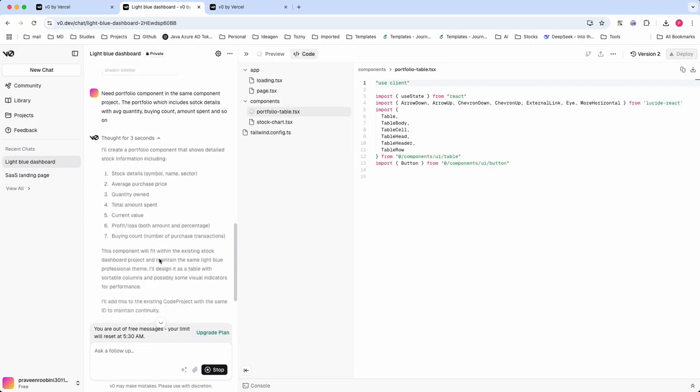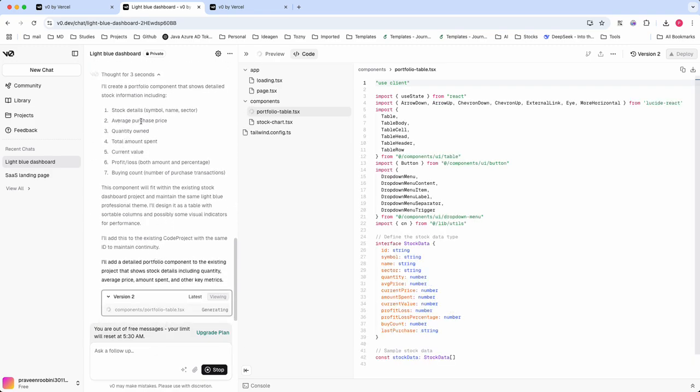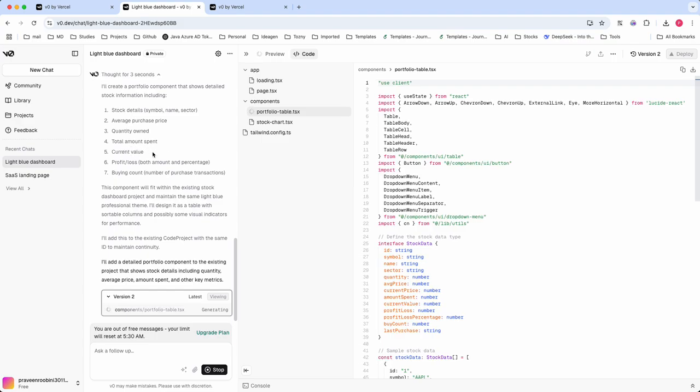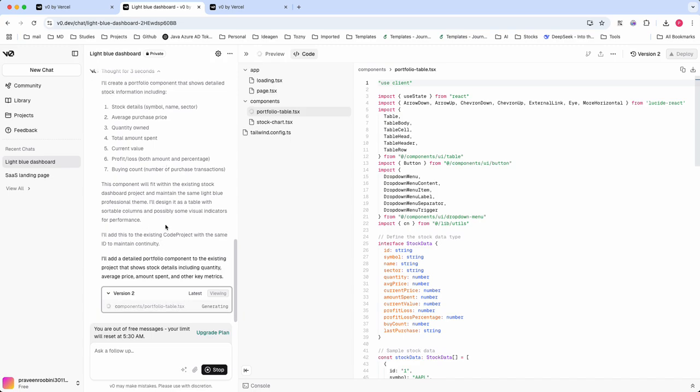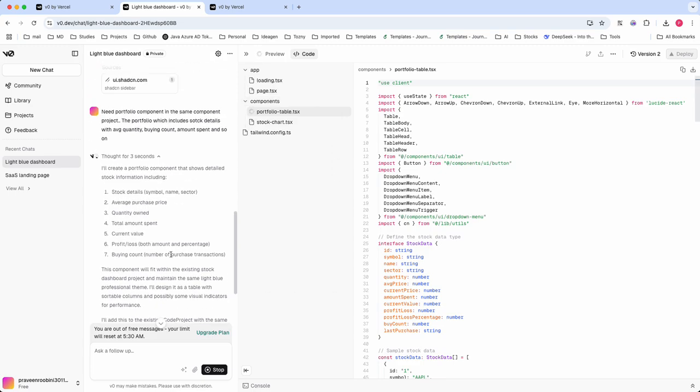Let's open it for the review. Okay, stock details, average and quantity owned, total amount spent, current value, and profit loss. So this is how the portfolio component will be created. And this component, I think it just created a component. I'm not sure whether it's included in the menu, or whether it's linking to that particular menu, because I haven't included the redirection